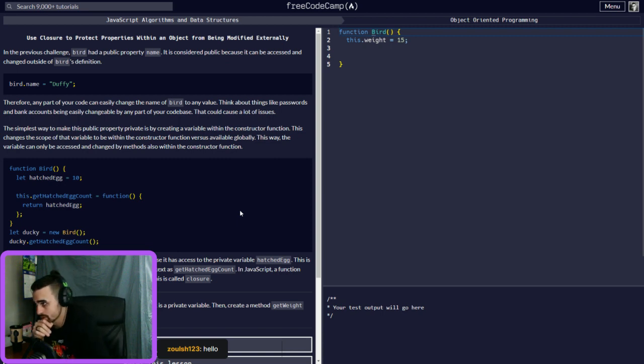That could cause a lot of issues. The simplest way to make this public property private is by creating a variable within the constructor function. This changes the scope of that variable to be within the constructor function versus available globally. This way, the variable can only be accessed and changed by methods also within the constructor function.